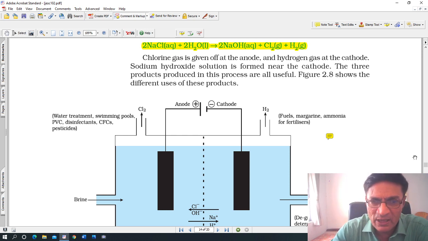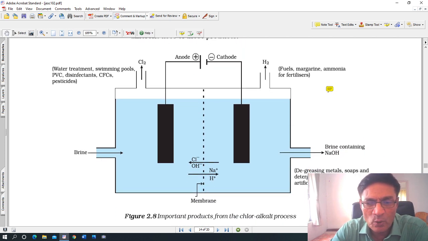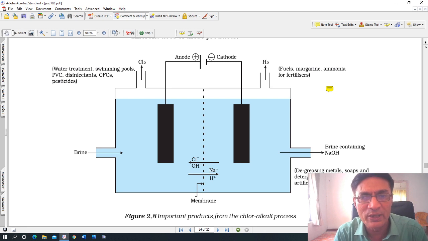Okay, now just have a look at this chlor-alkali process, the diagram out here. There is an electrolytic vessel, and in this vessel brine, that is an aqueous solution of sodium chloride, is filled inside it. Then two metal electrodes, one is called the anode, the positive electrode, and the cathode is the negative electrode. They are dipped in the solution of brine. Now you can see it is connected to a battery, plus and minus. When electric current is switched on, then because of the passage of electric current, hydrogen and chlorine gas are evolved and sodium hydroxide is formed.